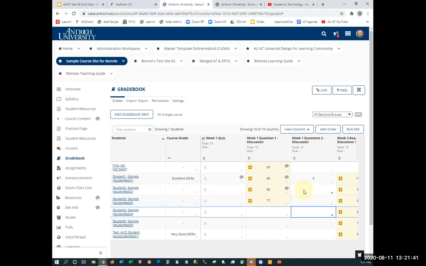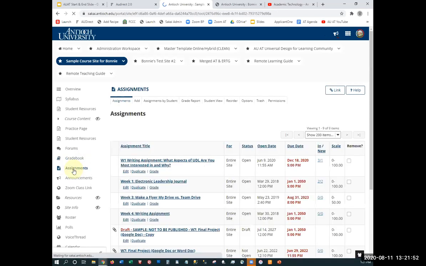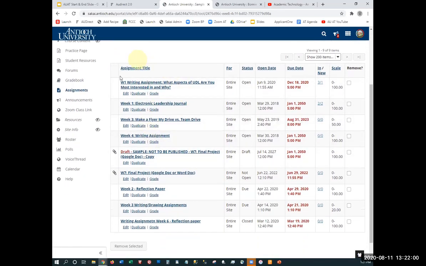And if you're calculating a whole course grade, of course you want them to be able to see Gradebook. Assignments is also useful because in the process of creating your assignments, you add the items to Gradebook and you don't have to manually create them. So for example, I have an assignment here that I haven't published yet. If I'm getting ready to publish it,